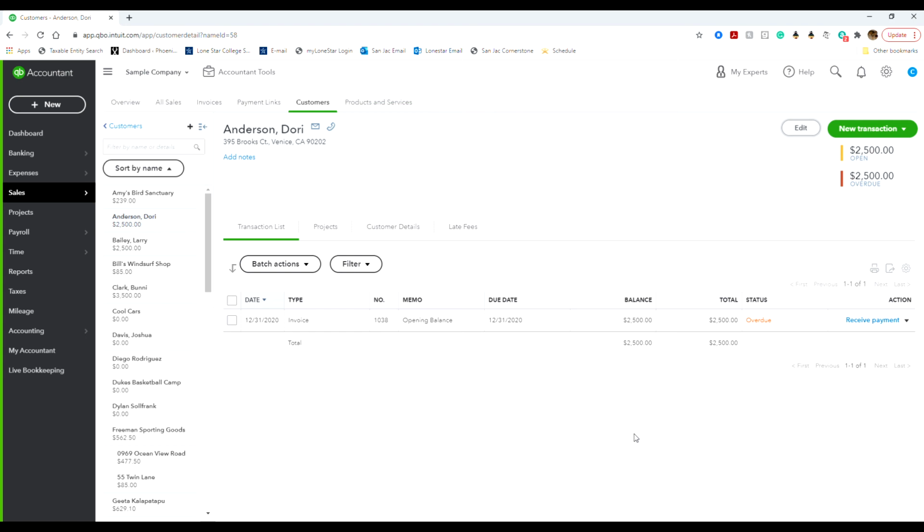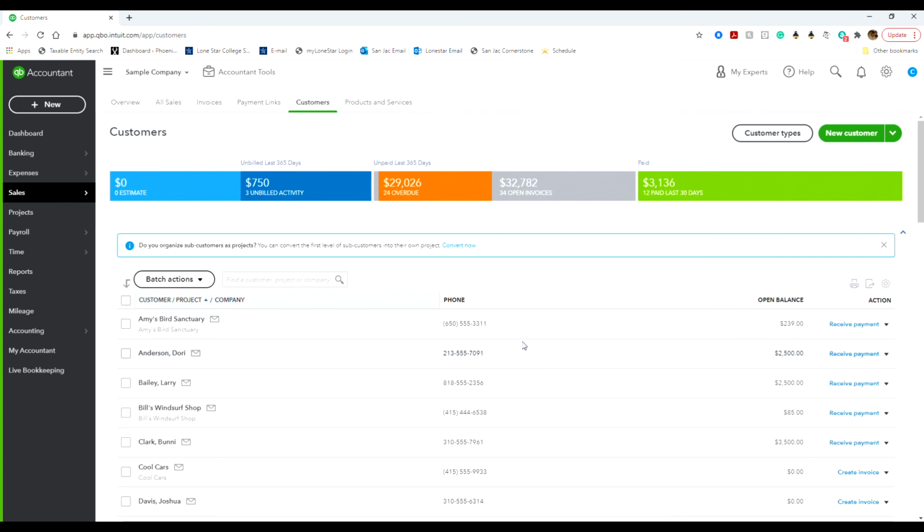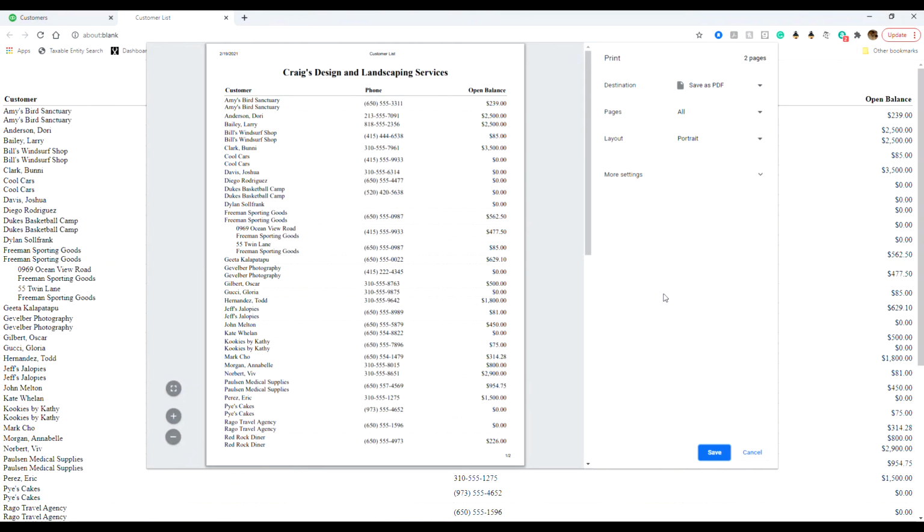Next, how do we print or export a customer list? Well, it's actually pretty easy. So let's go back to our customer list, and we can click Print List. This will pop up the customers for right now. This is test drive. So for Craig's Design and Landscape Service, for